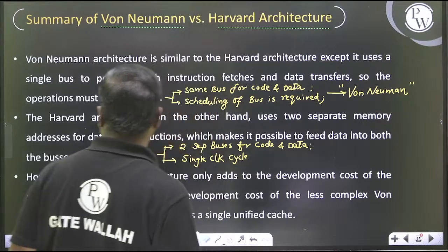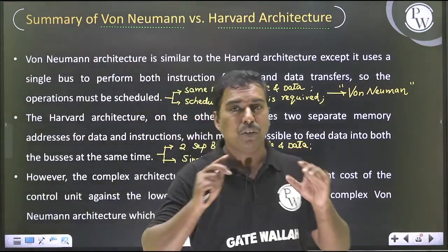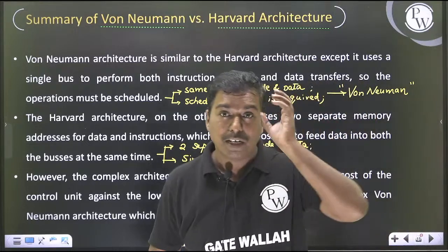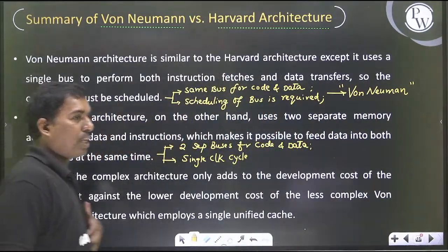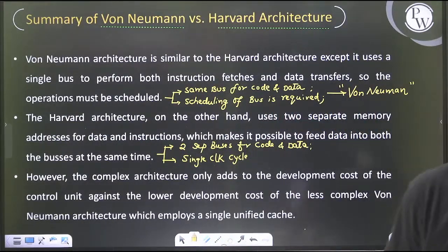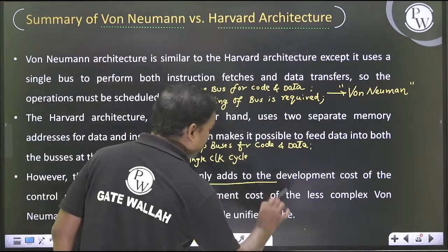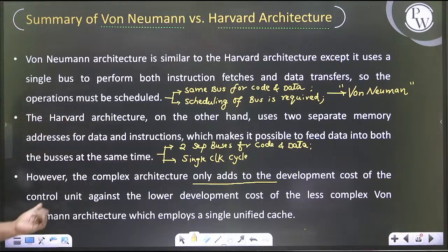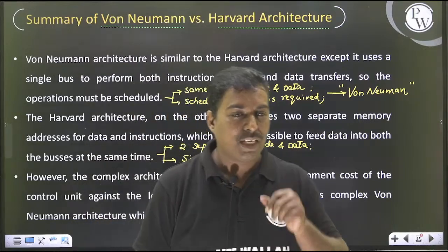हाँ, दैट्स इट। But here, whenever you are using this, it has to be complicated, right? मेरा mind में control unit बहुत perfect होना है, okay? So because I'm using the same channel, I'm using the same time cycle, so to control the things. Yes, good. So, however, the complex architecture only adds to the development cost of the control unit against the lower development cost of the less complex von Neumann architecture. That means कॉम्प्लेक्सिटी कहाँ जा रही है, एक बार बताइए आप।